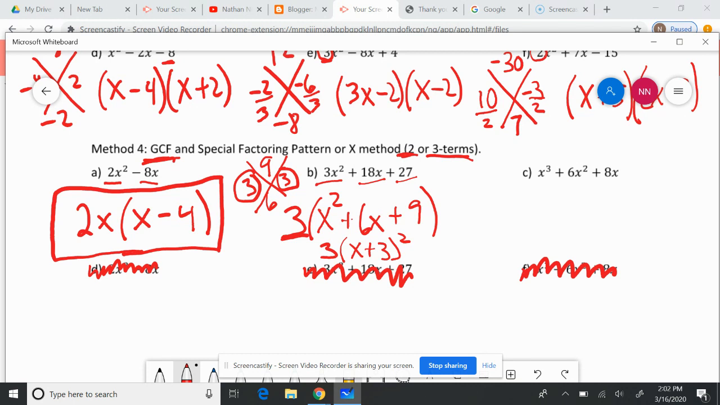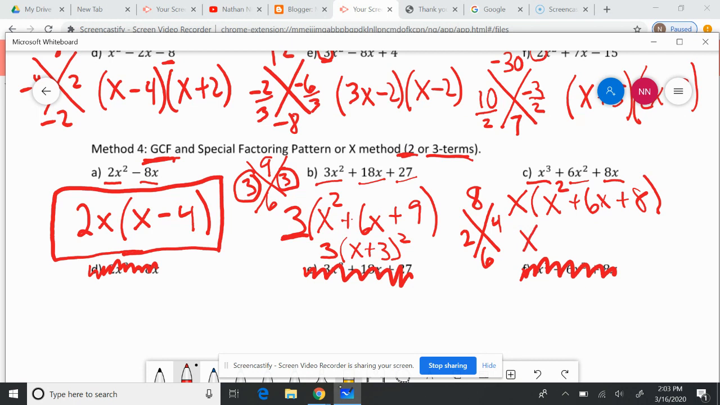Now for our last problem, when we're looking at it, we notice that each of them have an x in common. So we factor out an x, and we're left with x squared plus 6x plus 8. We're going to do the same thing as before. We're looking for two numbers that multiply together, give us 8, add up to 6. Those numbers would be 2 and 4. So what we have is x, and then x plus 2, and x plus